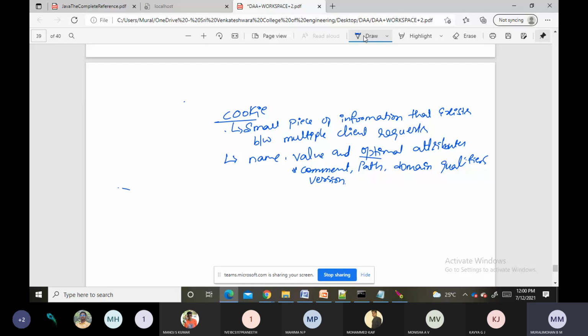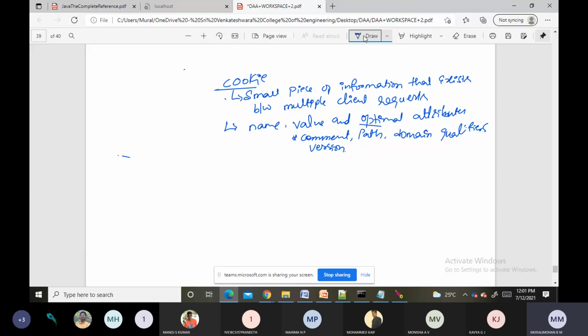Now let us understand how cookies play a role in a client server architecture. Let us assume that we have a browser. The browser will make a request to the server.